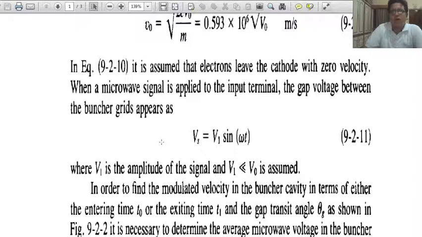Now, it is assumed that electrons leave the cathode with zero velocity. That is a very important point. When a microwave signal is applied to the input terminal, the gap voltage between the Buncher grids appears as